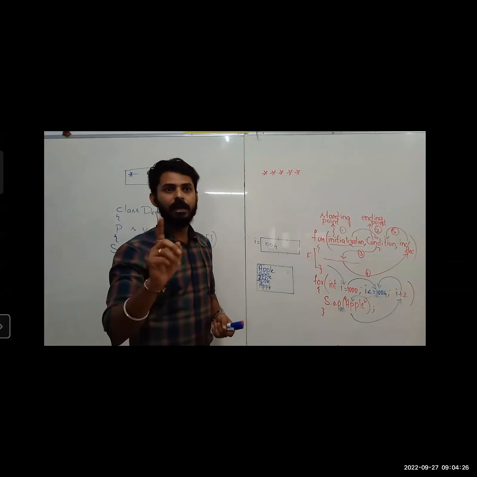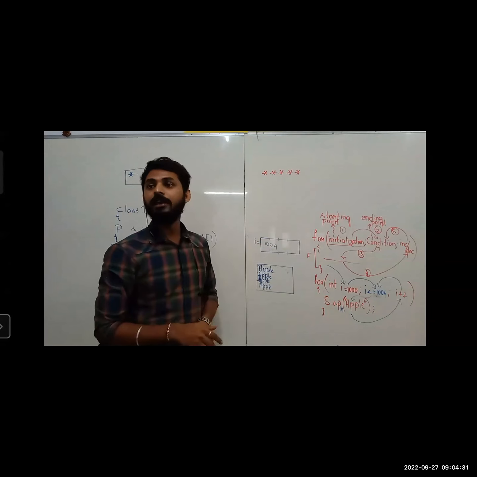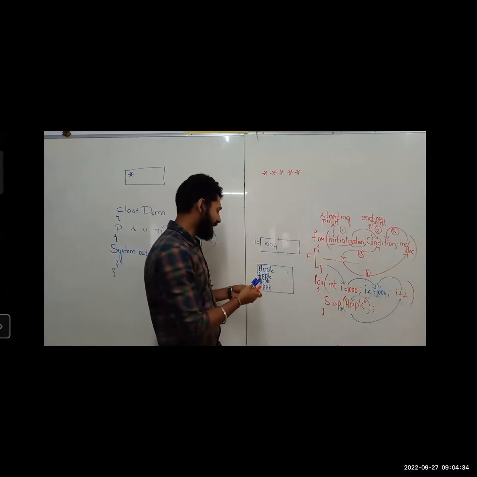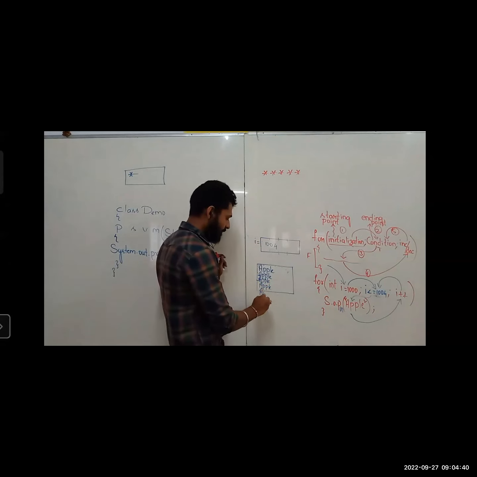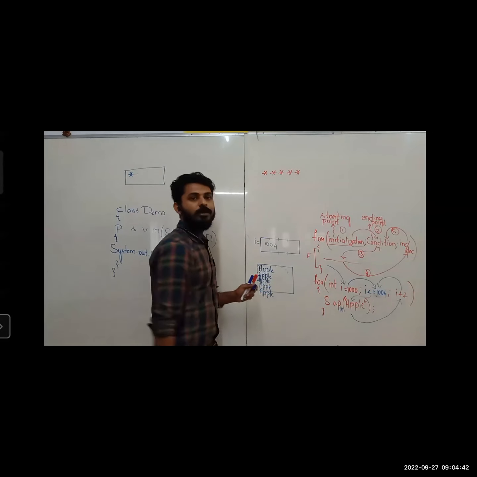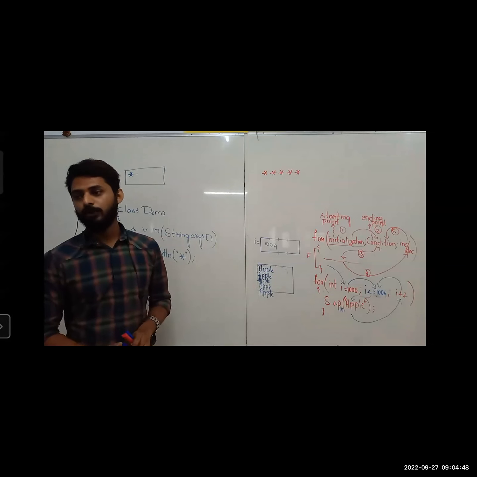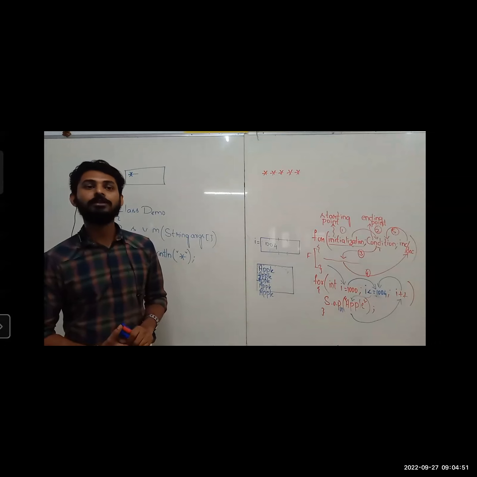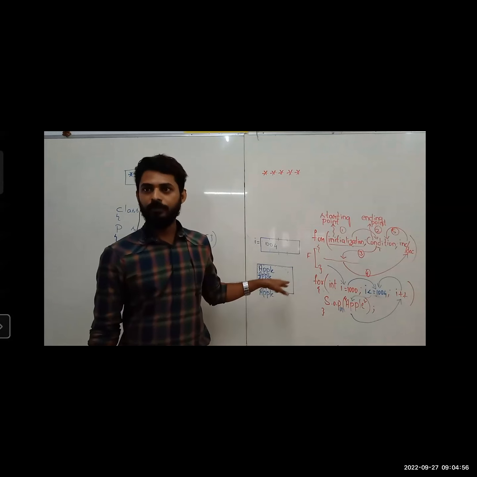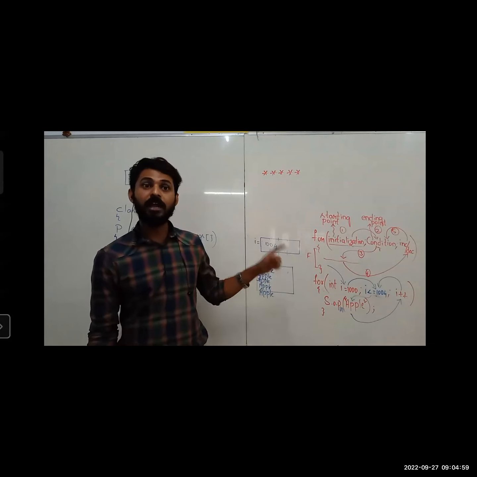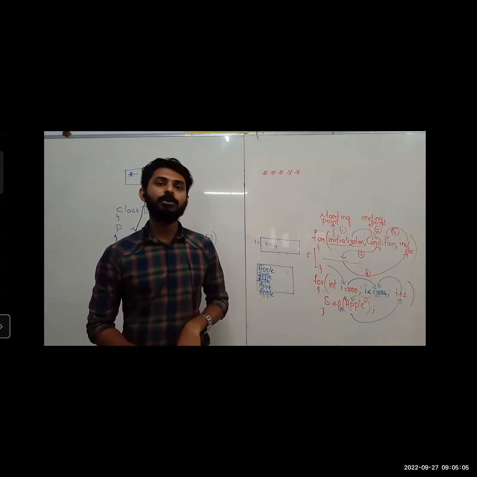Now 1004, is it less than or equal to 1004? It is not less than, 100% true, but of course it is equal to. 1004 is equal to 1004. Yes. So as it is equal, what will happen? One more time, it will print after that. Sir, done, sir. Is it done? Those who are attending data structure studies, you guys will be knowing what I'm trying to say. Simple thing. You know that your work is done. 5 times you wanted to print something, you have printed it. That you know. But is your compiler aware of it? When will your compiler come to know that work is done?